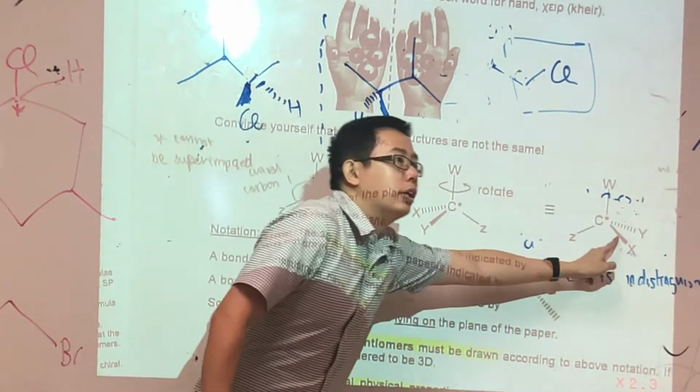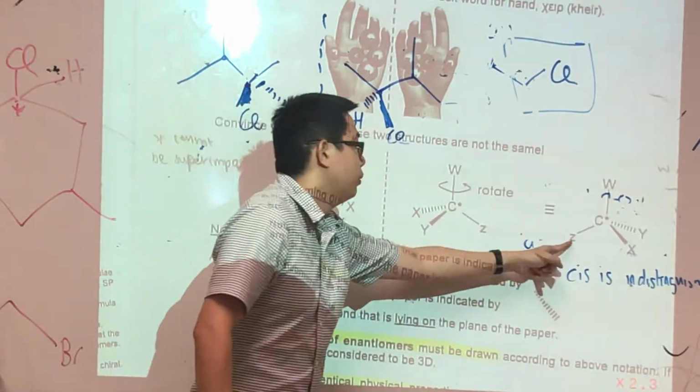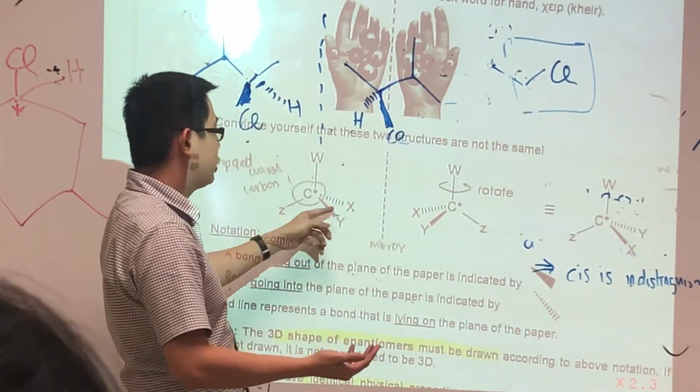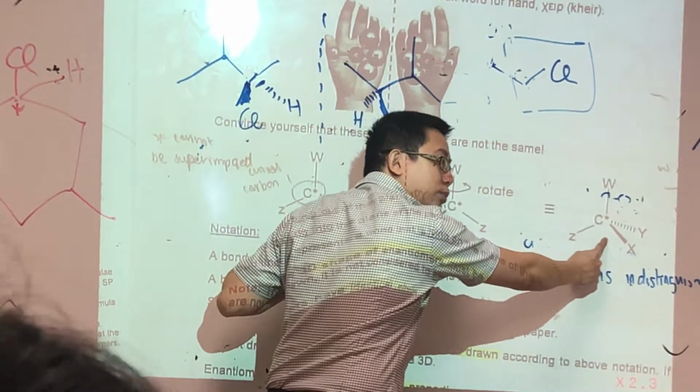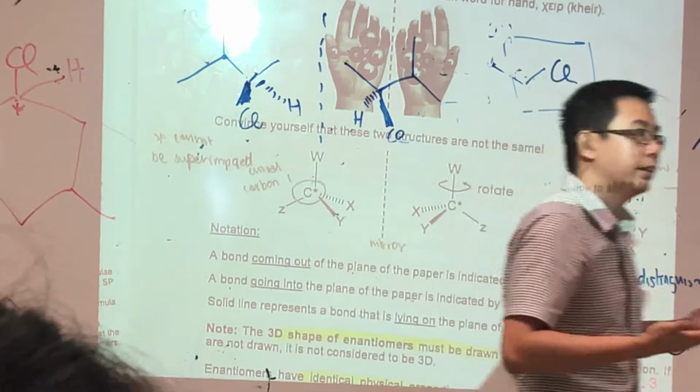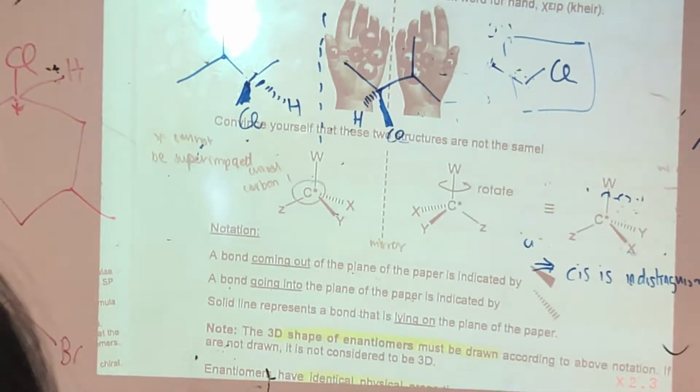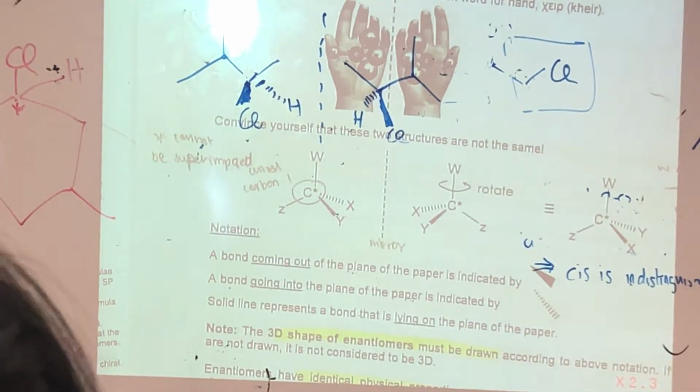This is the unorthodox way of forming the enantiomer. What did they effectively do? They effectively swap the X and the Y, right? This is my unorthodox method, this is the standard method. Both are acceptable, but I have to warn you all, if you are required to draw enantiomers in